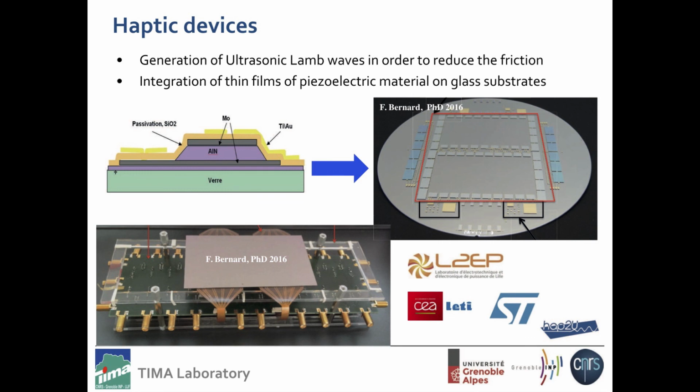If we succeed in the fabrication of transparent electrodes, okay, this is not a dream. People in Luxembourg did it using PZT technologies, so it is possible to make this kind of thing. Okay, so